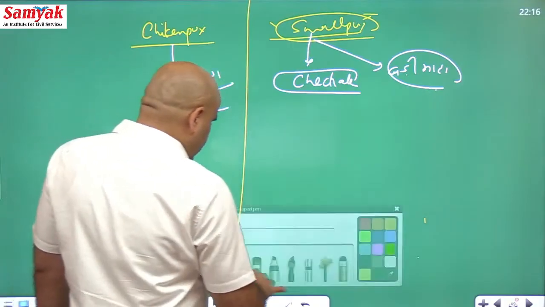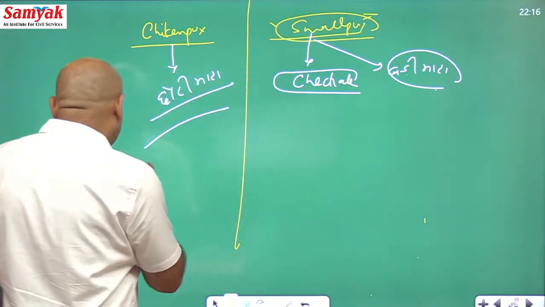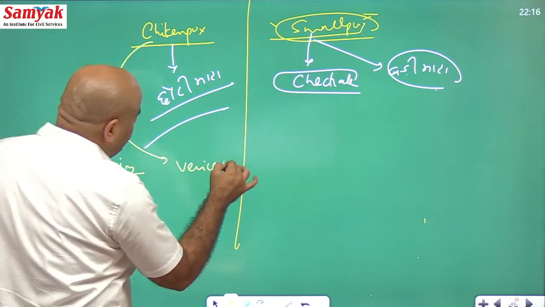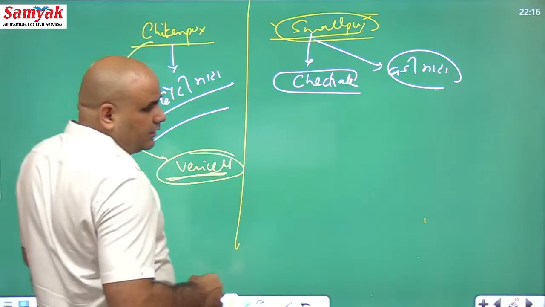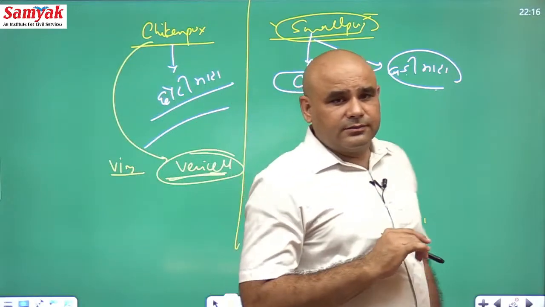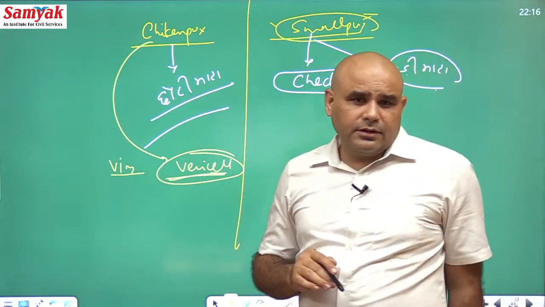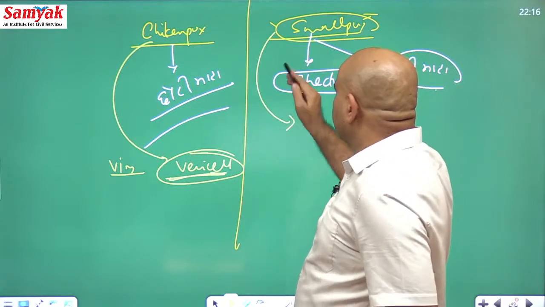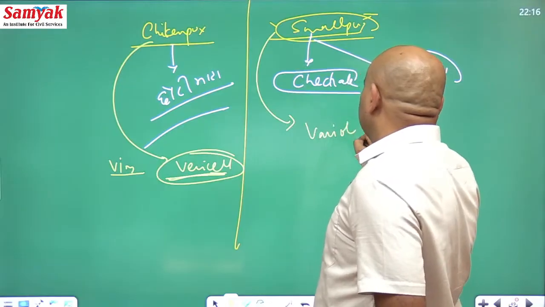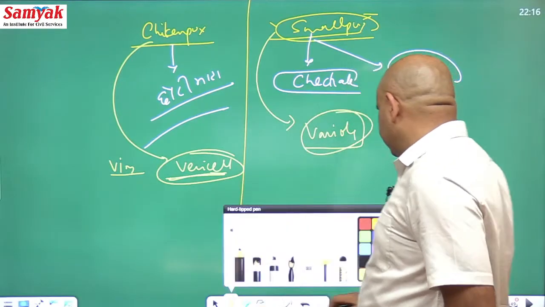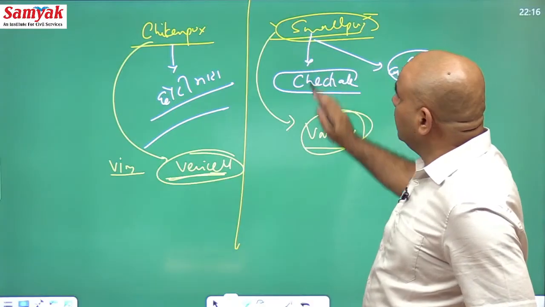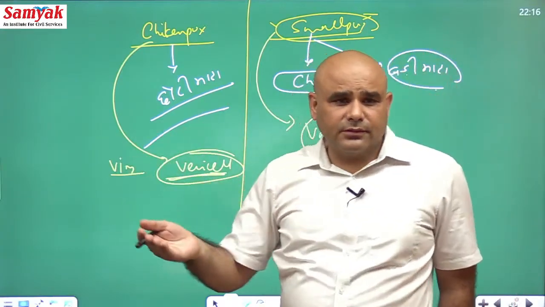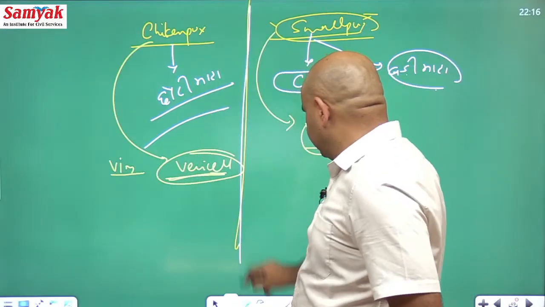Always remember. Now, the virus of chickenpox is varicella. Remember this thing, varicella. The name of the virus is varicella virus. Got it? And then after, when we go to smallpox, the virus is variola. Now, variola and varicella, they are very different in two ways. Got it? One is,